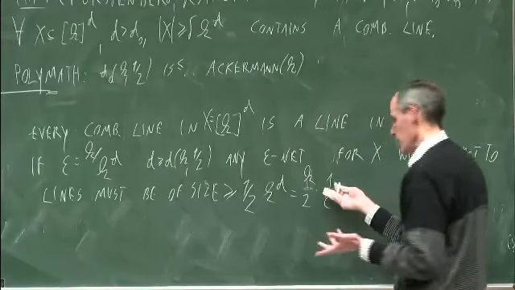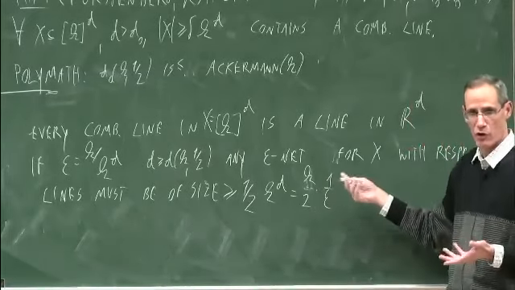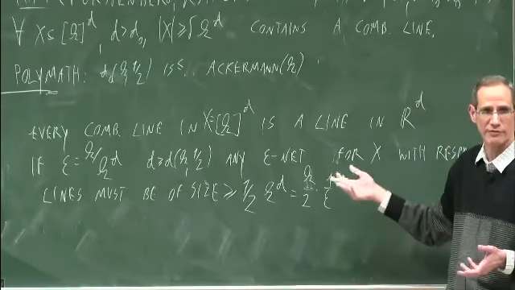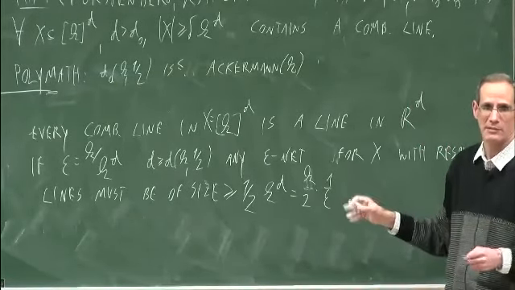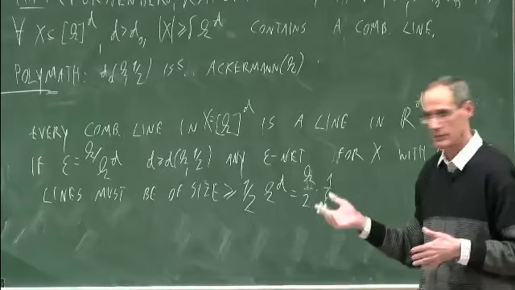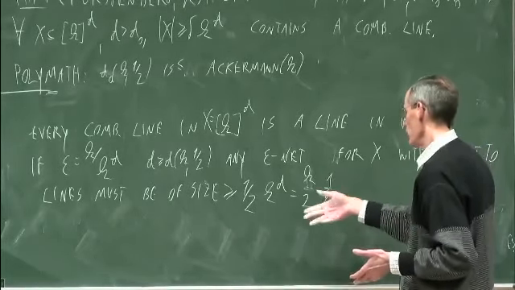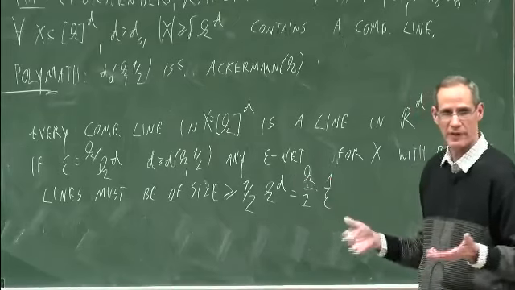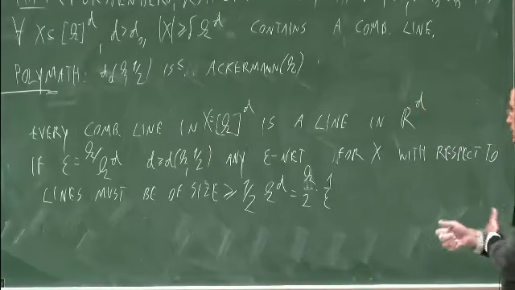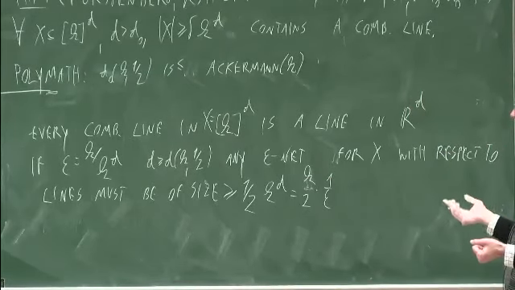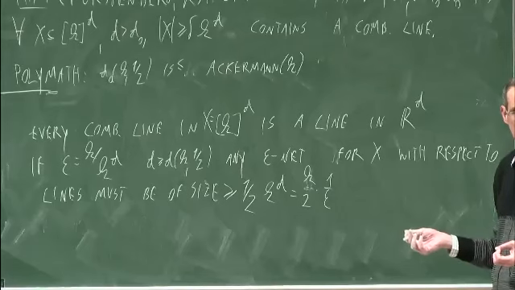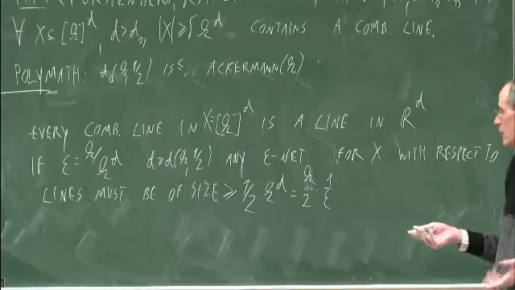And k we can make as big as we want, and it grows as this inverse Ackermann function of k to the d. The good thing about inverse Ackermann is that whether it's of d or of k to the d, it's the same thing. So this would basically give us this lower bound,